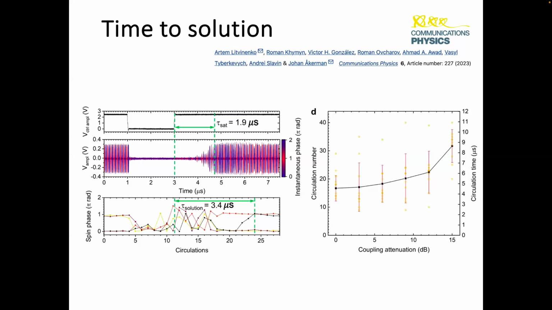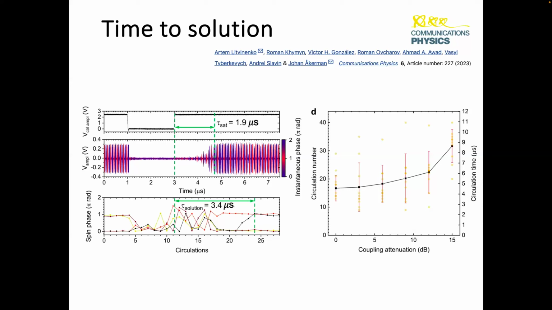We can run this repetitively. So this is what it looks like in a typical run. You can run it with well-defined pulses and then turn on the coupling, or you can have the coupling be on from the beginning and then turn on the gain. And these are different. This will correspond to different annealing schemes, actually. But I don't have time to go into the details of that.